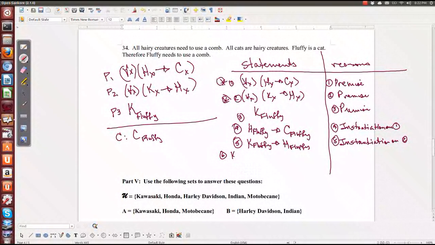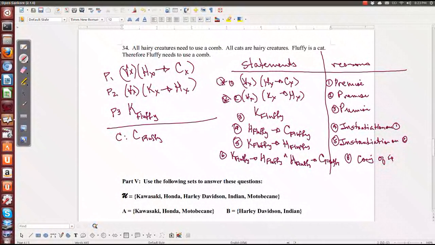So I've got k fluffy conditional h fluffy and h fluffy conditional c fluffy. And that's the conjunction